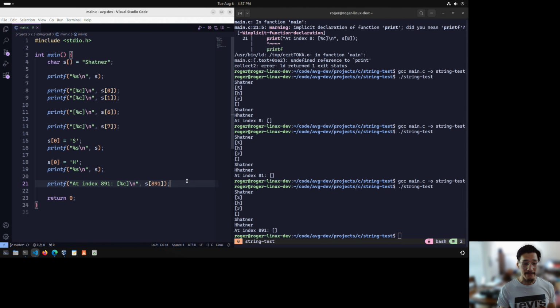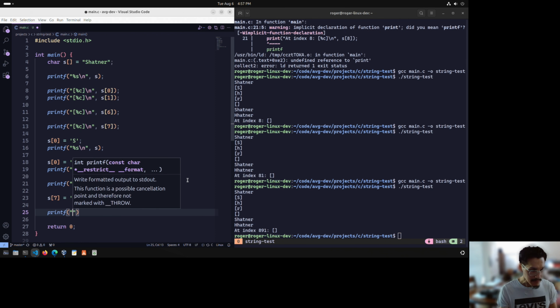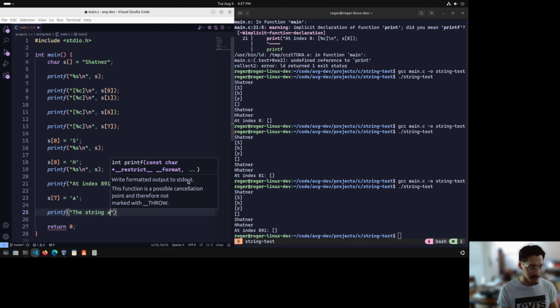accidentally overwrite, for example, S at 7, away from our null terminating character and into something like A, we could have something very interesting. Now let's try to actually print S. We don't have a null terminating character anymore. So what happens? The string after replacing null character is